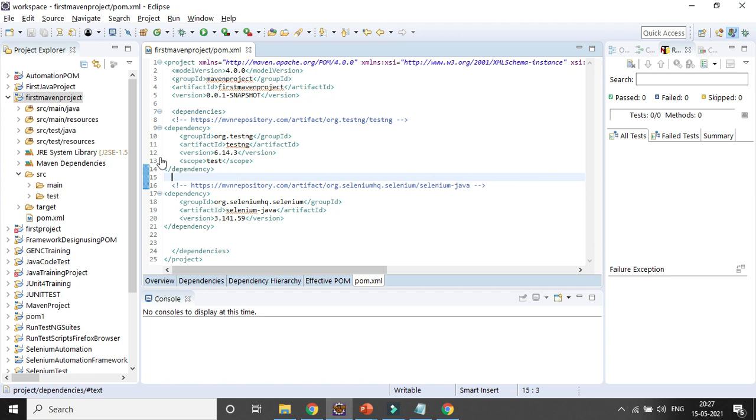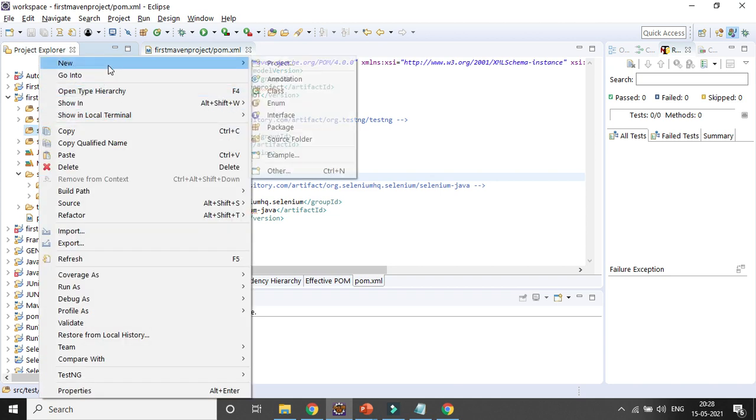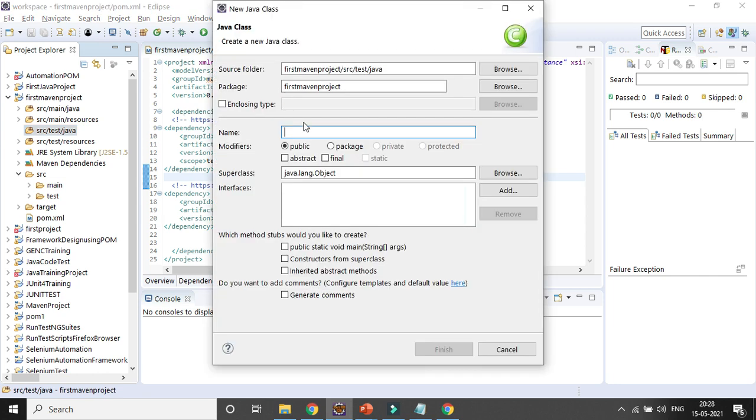Okay. Now say create any class in the src.test.java folder. So suppose I will be creating a Java class. Say first, I will be creating a Java class. Okay, I will be selecting the public static void main method.